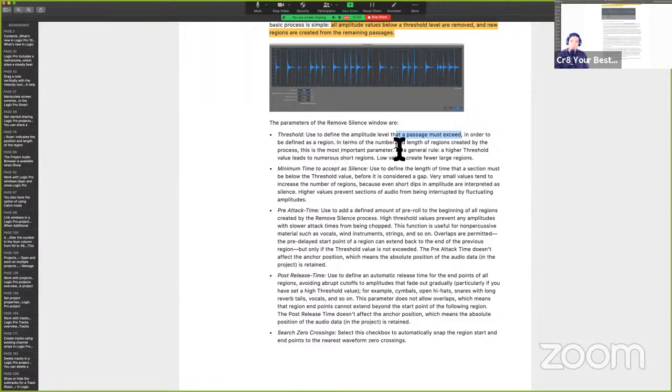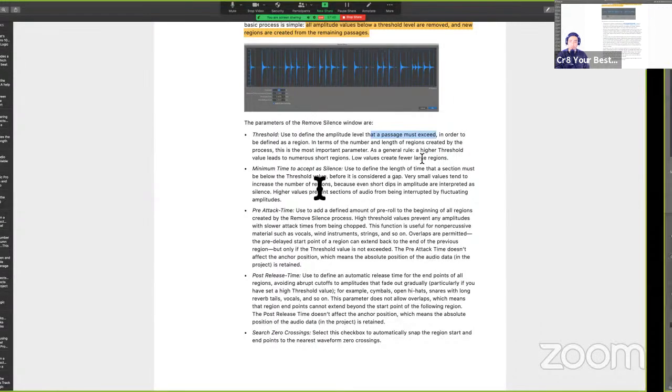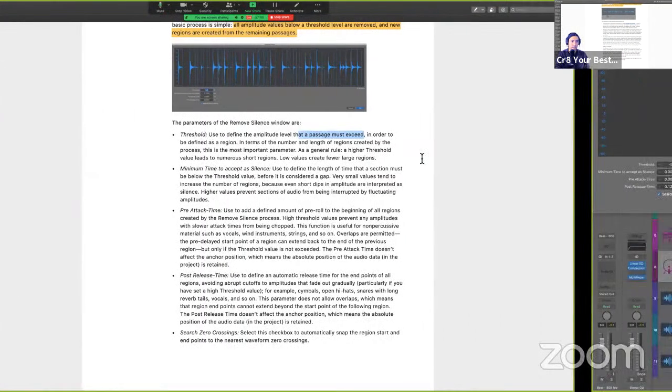In terms of the number and length of regions created by the process, this is the most important parameter. As a general rule, a higher threshold value leads to numerous short regions. So the higher it is, the more short regions. The lower, you're going to have fewer, larger ones. So let's test that out. The higher it is,